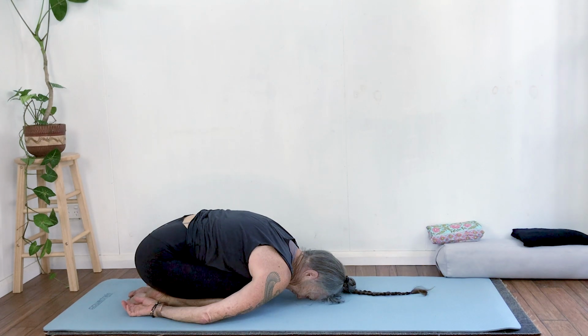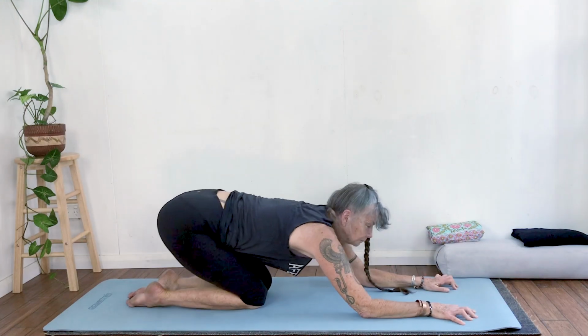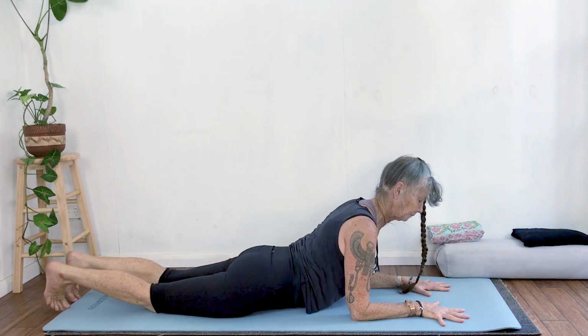This pose is wonderful for releasing tension and fatigue as you press your forehead into the mat and just imagine all that energy that you're ready to let go of spilling out into the mat, down into the earth, freeing up your body for a strong chi flow through all the meridians. On your next exhale out, arms up in front of you, and we're just going to come up into a